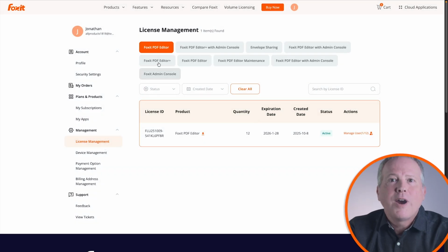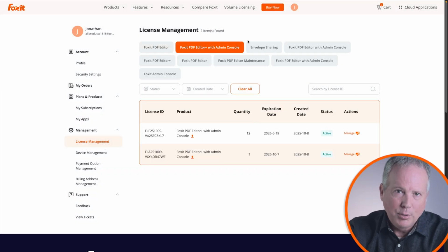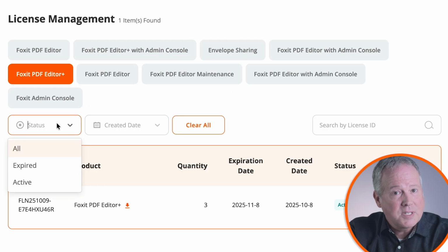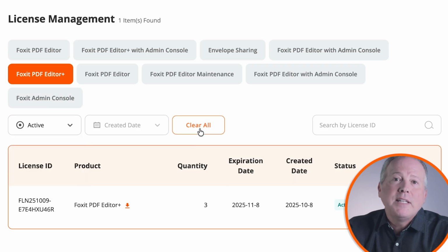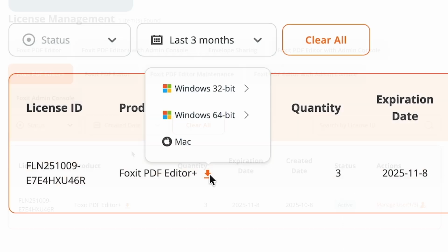License management has been completely redesigned, with new filter and search tools that make it easy to find specific licenses or users. It now covers both subscription and perpetual products in one place. I can select the product name at the top. Plus, you'll notice the same filters and a search box to help you quickly narrow down results. Again, I've got a direct download link for multiple